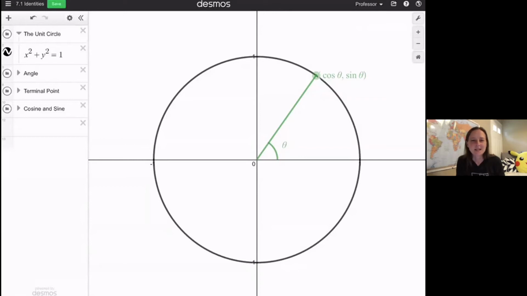We're starting chapter 7 today. Section 7.1 is on verifying identities. And I want to go back and look at our equation of the unit circle to explain what an identity is. All right, so a long time ago when we introduced the unit circle, we said that the unit circle